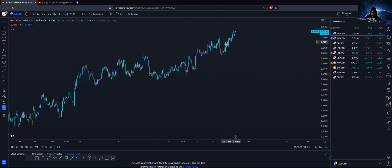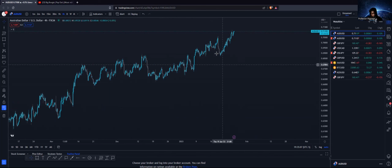Basically, the way I identify 4 hour structures, or the tops and the bottoms of the 4 hour levels, is I'm looking for certain levels to be broken on the way down. Like we got the high here, the higher low. Then you got the higher high, the higher low here. This being a low simply because,